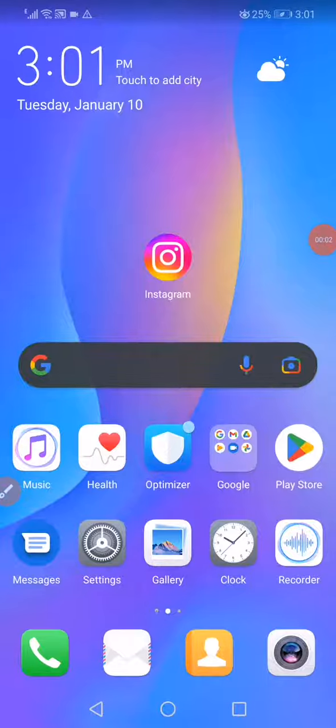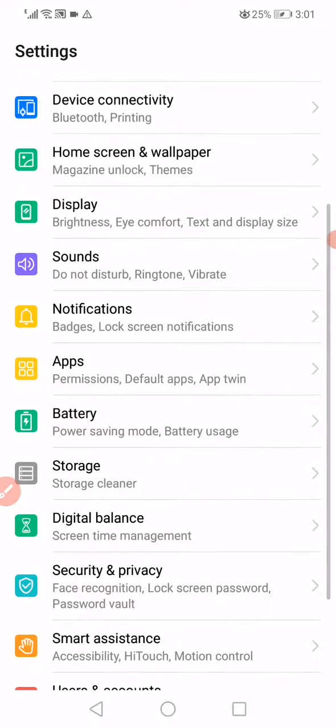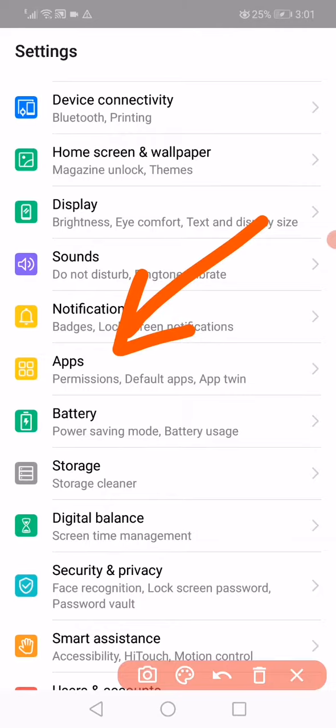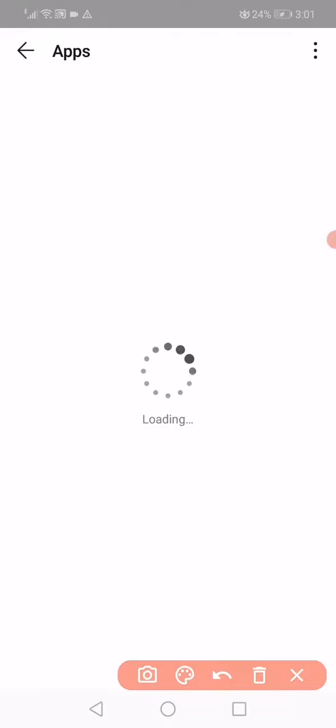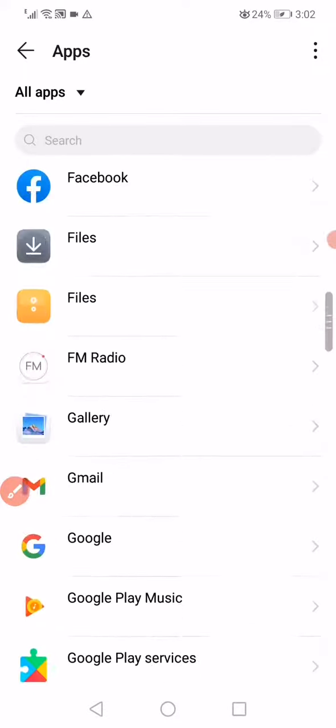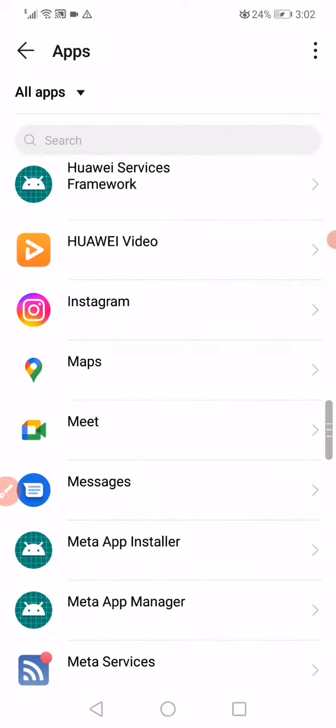How to fix Instagram messages that you fail. So all you want to do, guys, is open the settings on your phone, and then you have to open the apps manager like this. Now on this page you will find all the apps that you have on your phone. As you can see right here, it will start loading, so you have to wait and then scroll until you